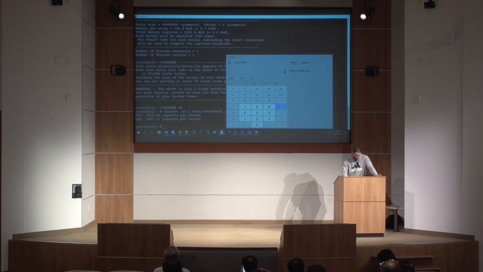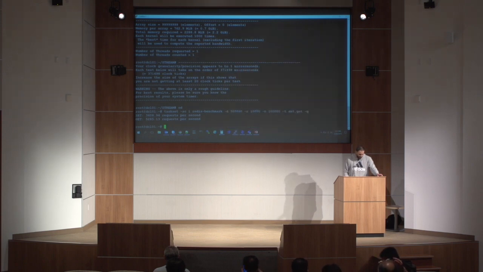Let's see. Clear. Yeah, I guess I'd have to run it again to double check. It's not as good as I thought it was going to be. Previous times, I've gotten it, I would have to go back, but